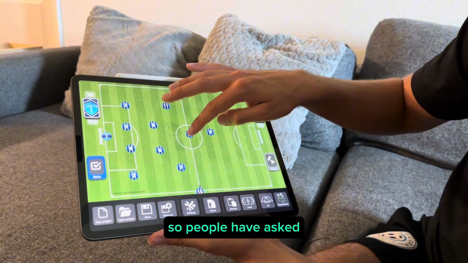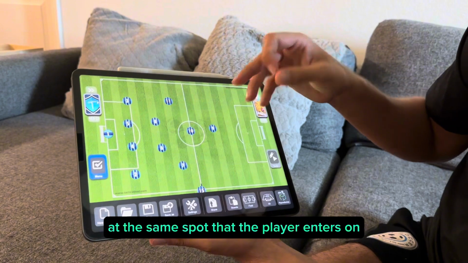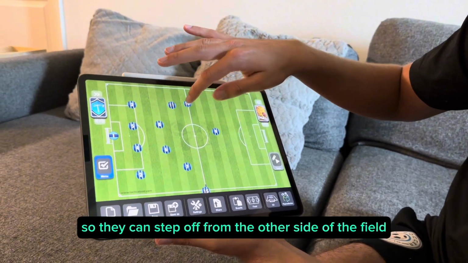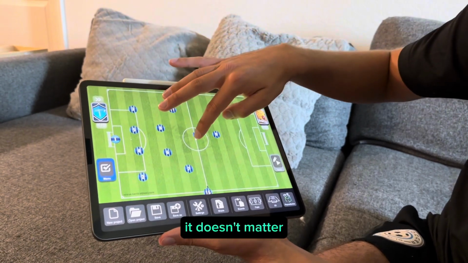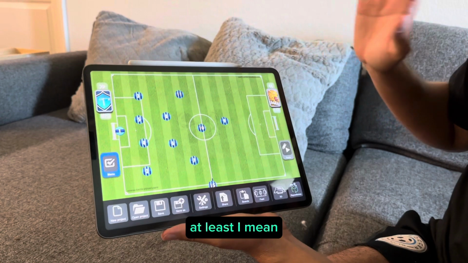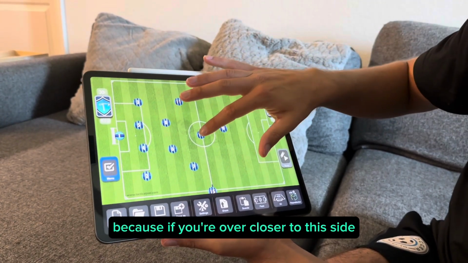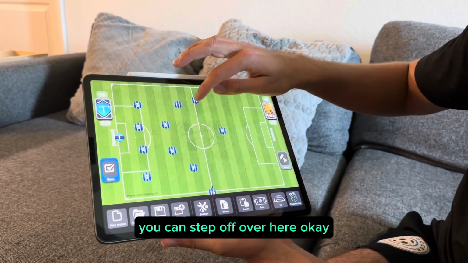Now, some people have asked, do they have to come off at the same spot that the player enters on? And the answer is no. The player can step off anywhere they want, so they can step off on the other side of the field if they're closer there, or step off behind, step off on the side, it doesn't matter, at the youth level at least. And the reason for this change was it lets the game get back to flow faster, because if you're closer to this side, instead of running all the way across the field,